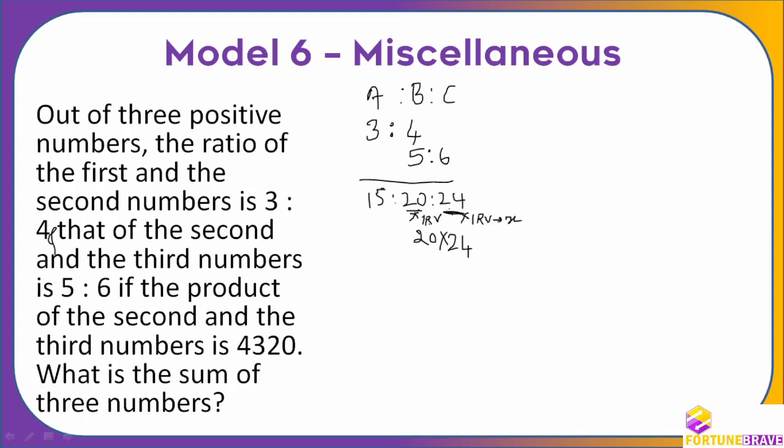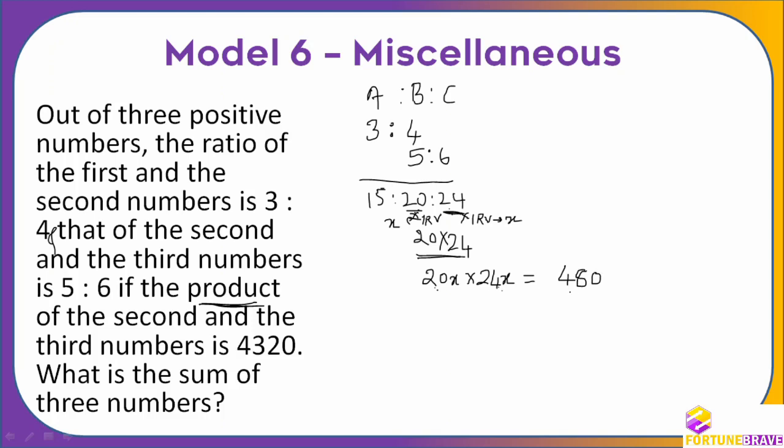You used to take this as x. So if I take this as x, what will happen is 20 into x. I am not multiplying 20 into 24. I am going to multiply 20x into 24x. Whenever they say product, it is a multiplication. So if there is a product or multiplication, you are going to multiply anyways. 20 into 24 we are going to multiply. We will get 480.